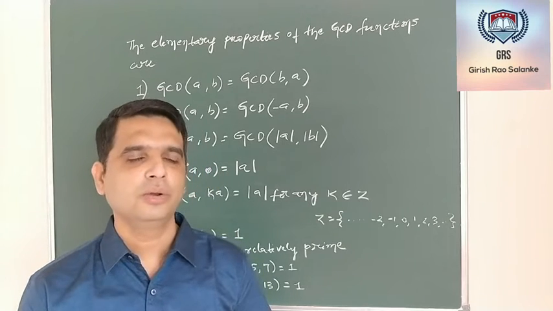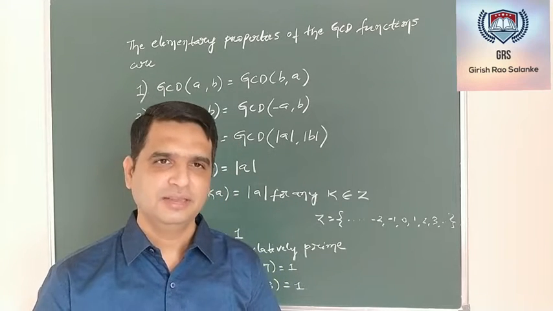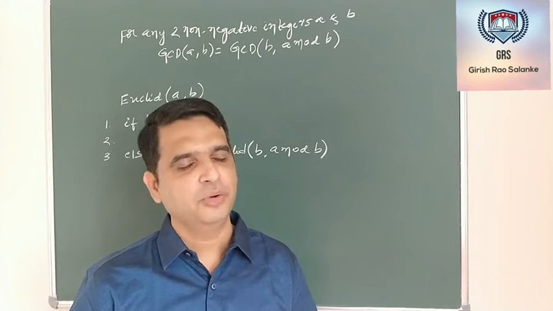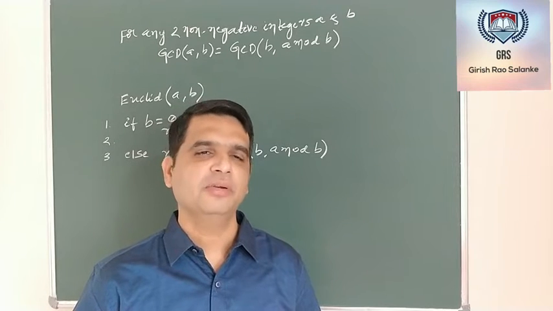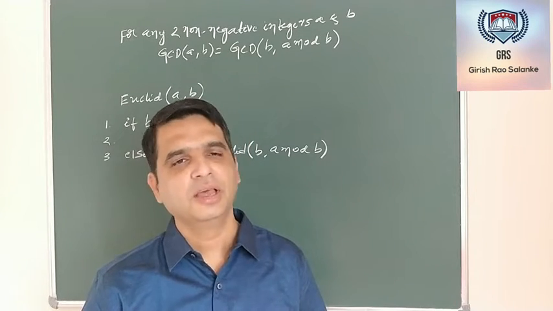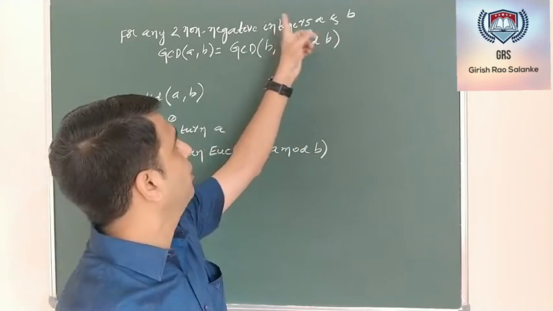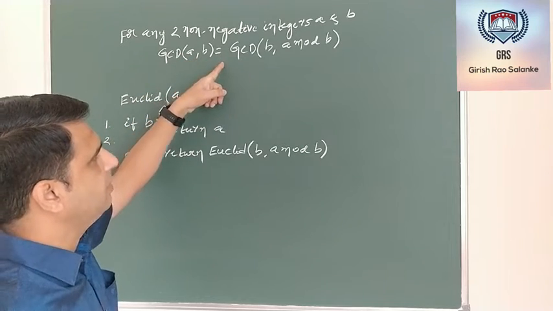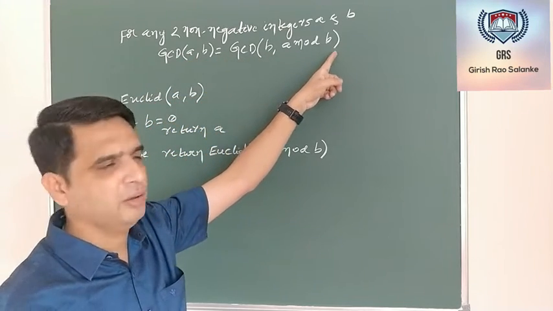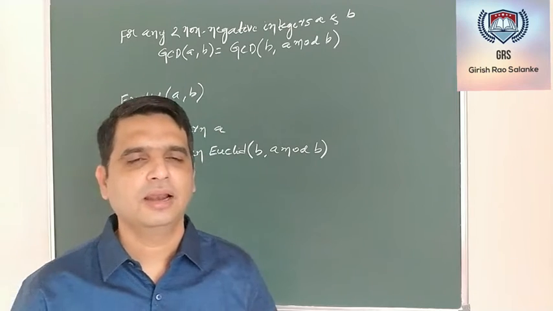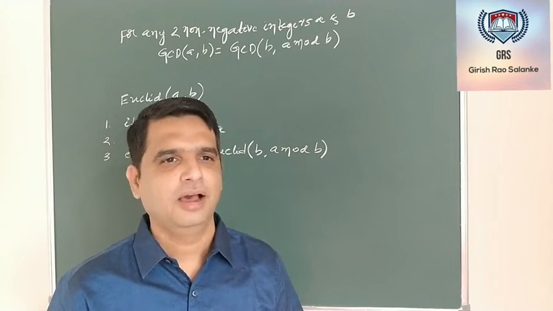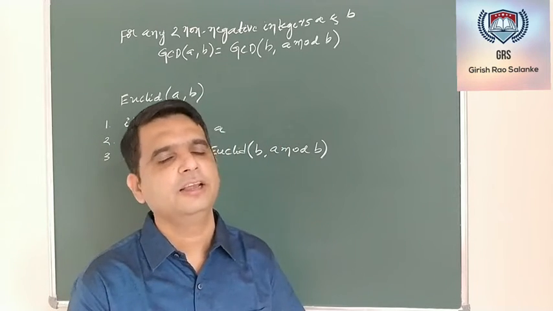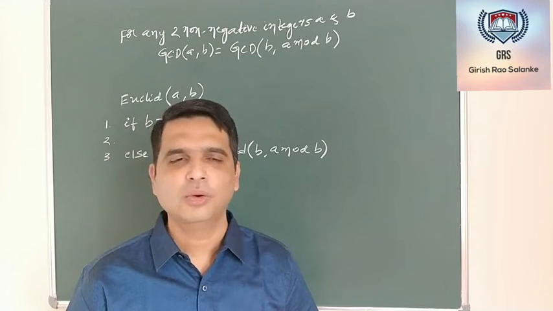Now we'll quickly go on to Euclid's algorithm to find GCD of two numbers. Coming to Euclid's algorithm, we can associate a recursive definition to find the GCD of two numbers. Let me assume that A and B are two positive integers, and I can state that GCD of A comma B is nothing but GCD of B comma A mod B. Hope we might have learned this particular algorithm in case of recursion. That is, in data structures, most of us might have been taught how to find the GCD of two numbers using Euclid's algorithm.